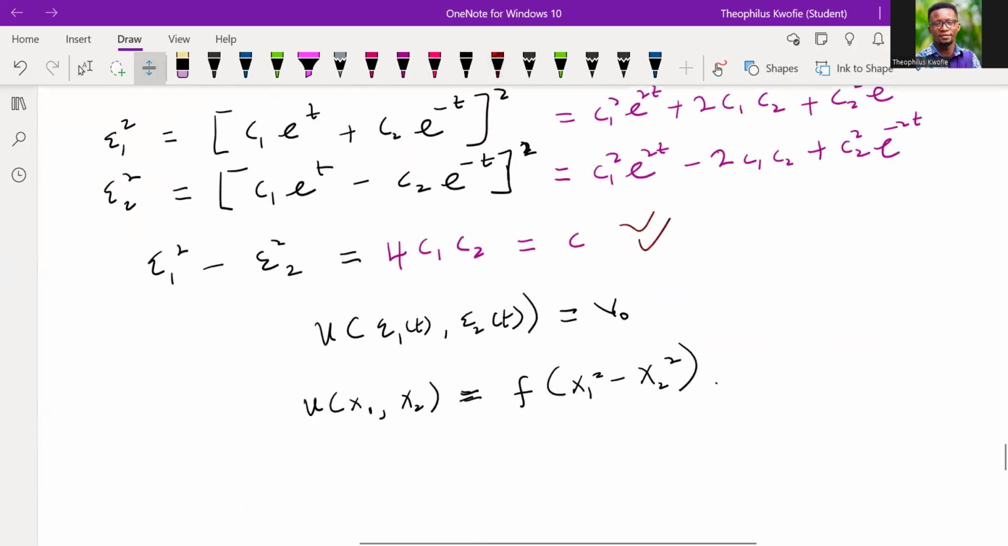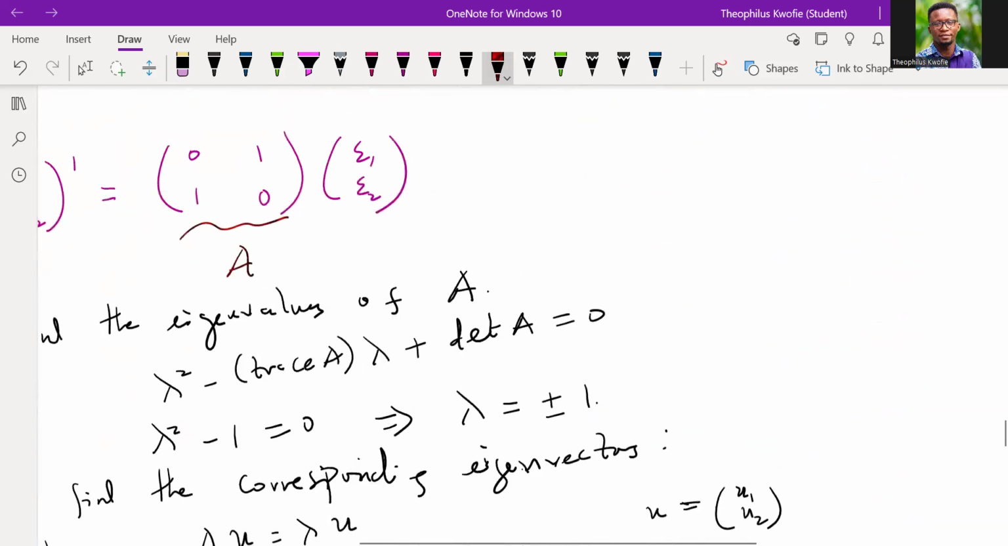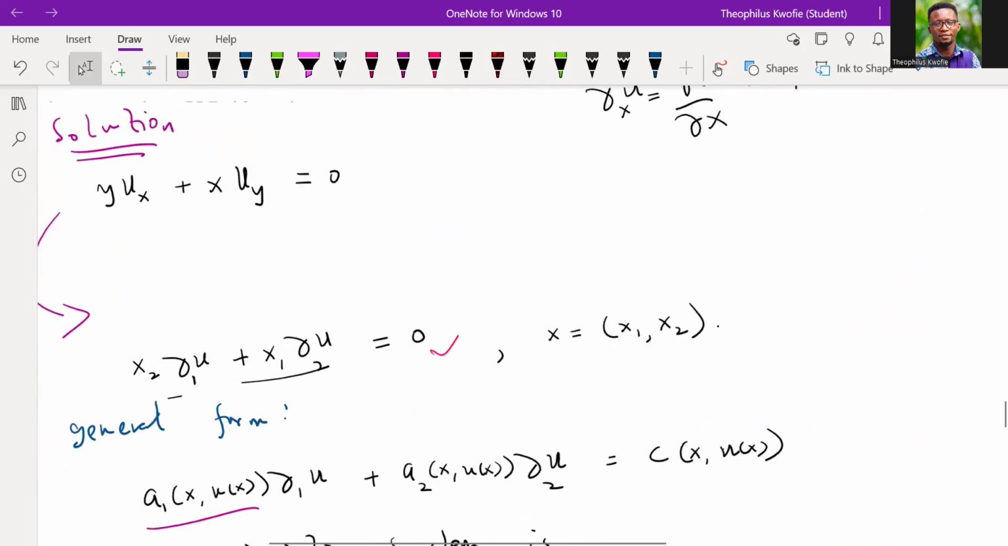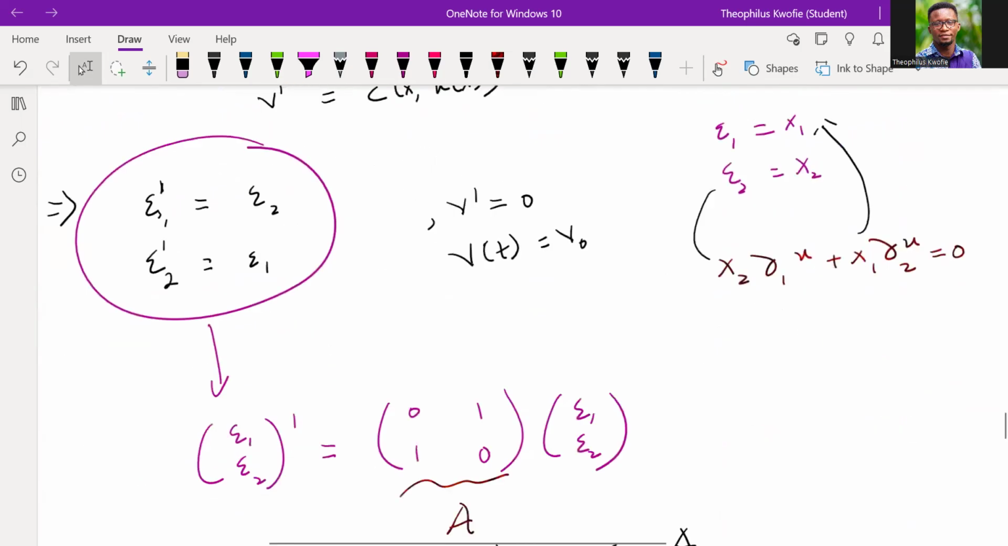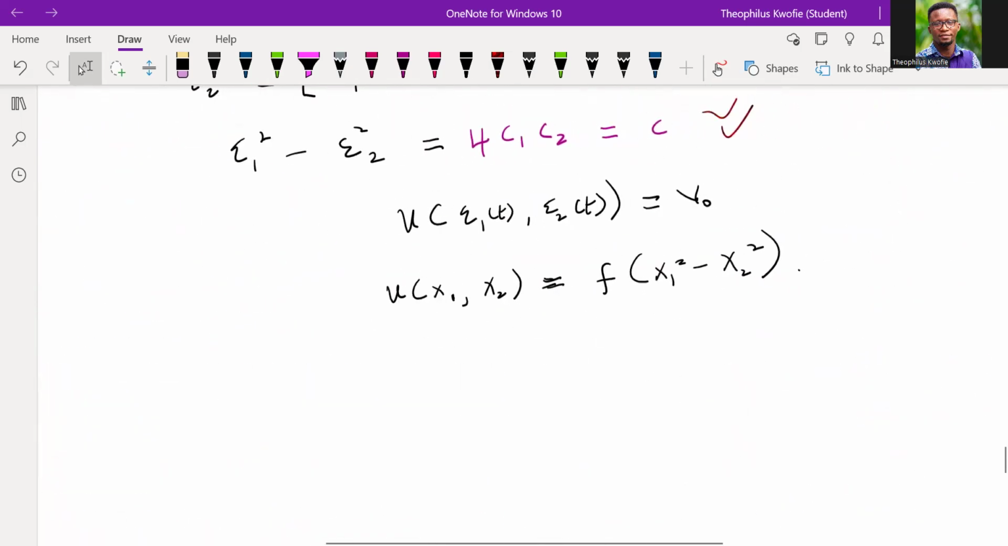So let's try this, whether this solution will satisfy the given PDE. Remember the PDE, our PDE was what? Let's go back. Our given PDE was this. Okay, so that is y u_x. So the PDE that we're given